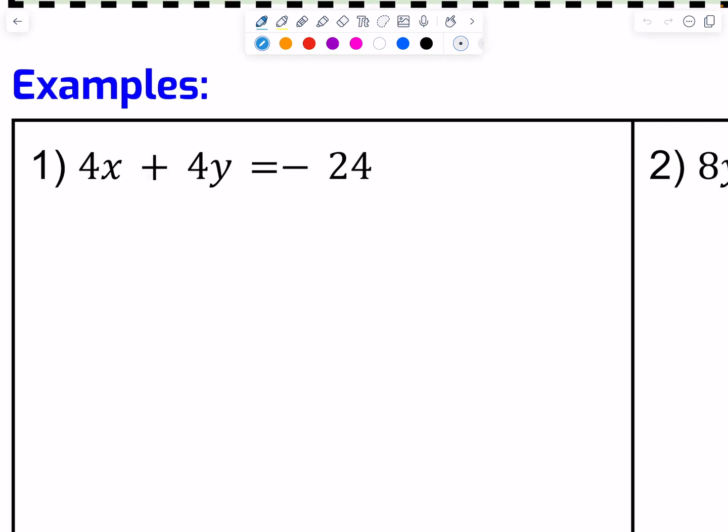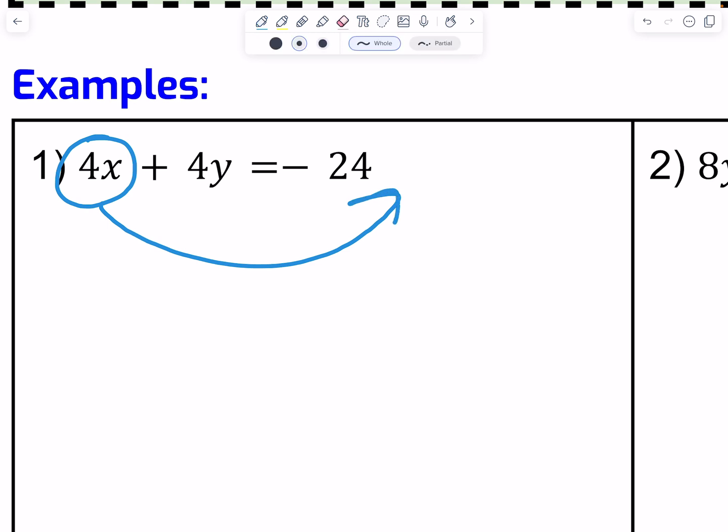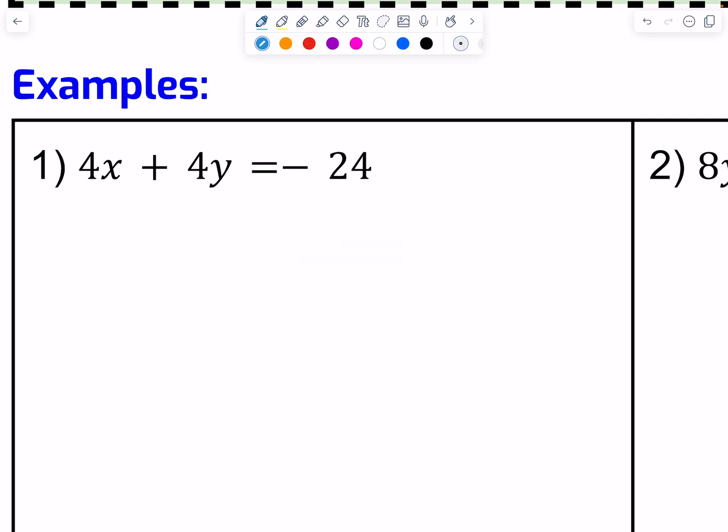Example 1 says 4x plus 4y equals negative 24. So I'm going to start by moving the x term to the other side. So remember, we always can do that with our inverse operations. So if 4x does not have a sign out front, it is positive. And so in order to move it, we're going to need to subtract it from both sides. So then on the left, that would add up to 0, and we can just bring down positive 4y equals,